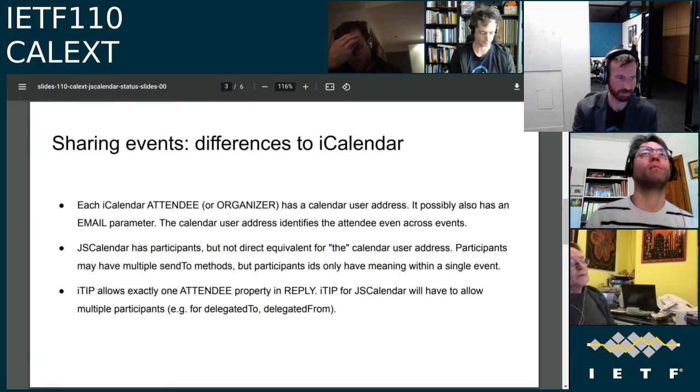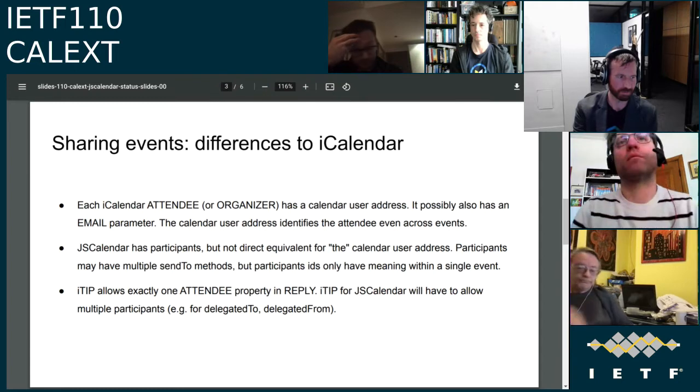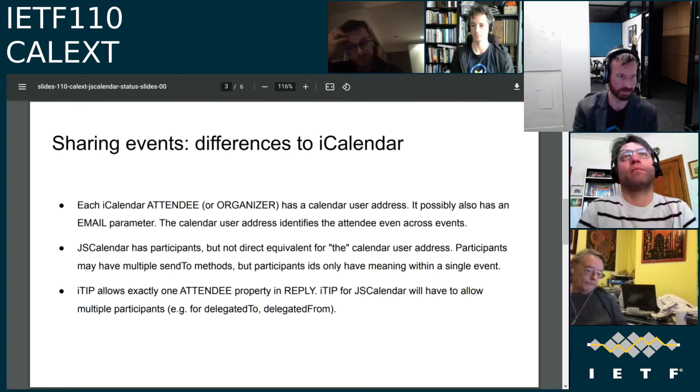Trying to make compatibility with something that's not following existing specs is always fun. But okay, we can try and find more examples of that and see what's going on. But yeah, what should be happening is that for anything seen externally, the calendar address is the IMIP value, the mailto value, which